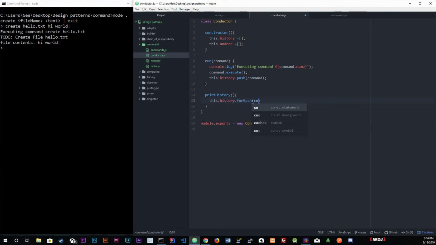We're going to get a command back, and we're going to do log out command.name, just like that. Don't need that simple. Well, you can have it if you want, but we're also going to do an undo method